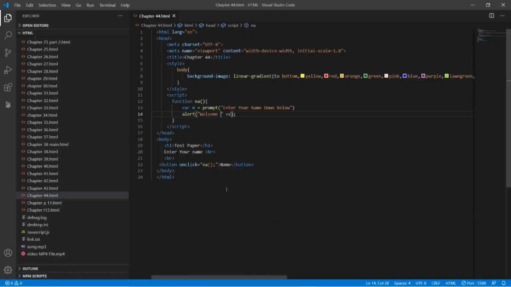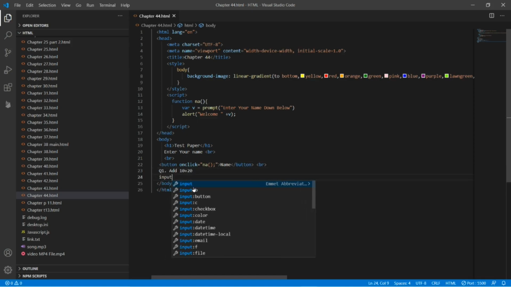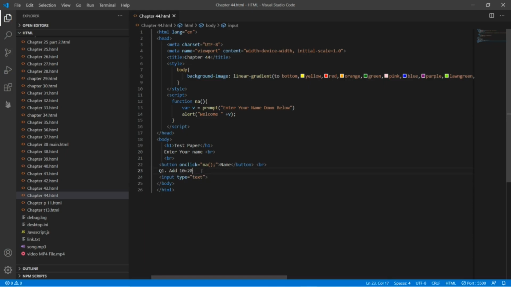So like this you can use prompt, and after prompt is confirm. So type here BR after button and type here question 1, and the question 1 is add 10 and 20. So what I want is, here I want an input type text, and after this text box I want a button which says submit answer,